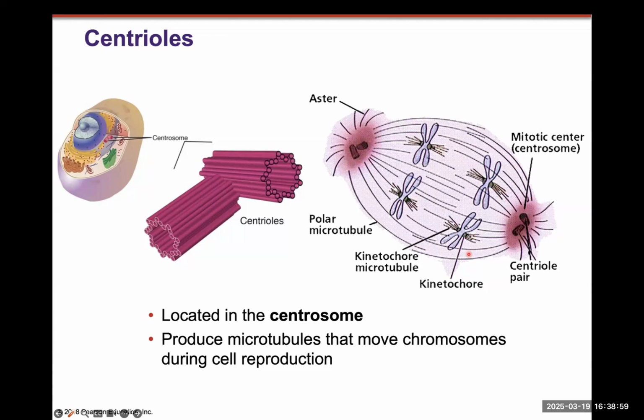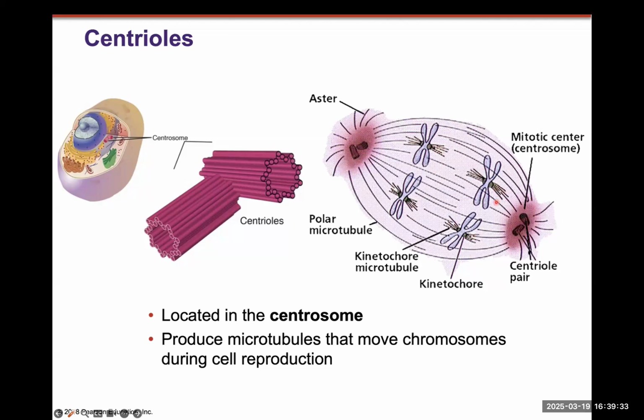Now, one interesting thing is that this happens in the human body, but your nerve cells don't have centrioles. If you don't have centrioles, you can't make microtubules. If you can't make microtubules, then you can't have cell division. This is the reason why your nerves have such a hard time repairing themselves. They might not be able to repair themselves at all because they don't have the ability to go through mitosis, or at least most of them don't. So that's the reason, because they're missing this organelle